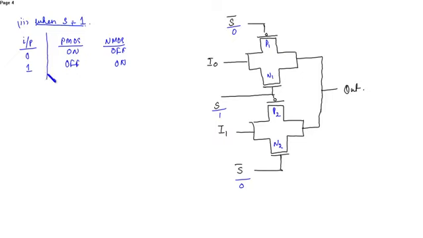So now when S is equal to 1, this is TG1 and this is TG2. In transmission gate 1, you can see that at P1 0 is applied, that is at PMOS 0 is applied, and at NMOS 1 is applied. So P1 and N1 will turn on, that is transmission gate 1 will be active,